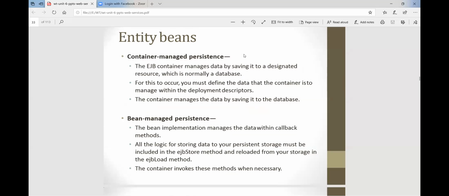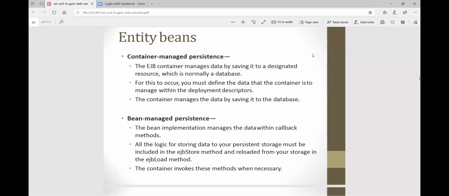Then entity beans. Here entity beans is the third type. In container managed persistence, the EJB container manages data by saving it to a designated resource.